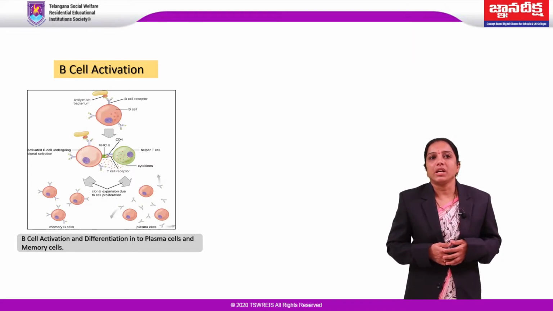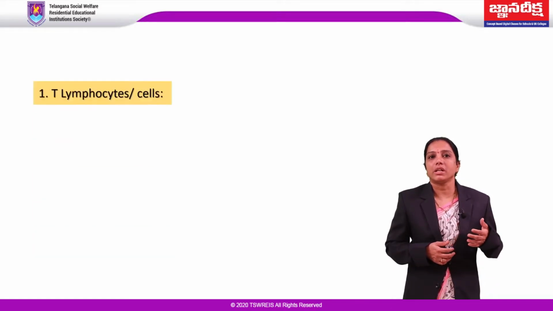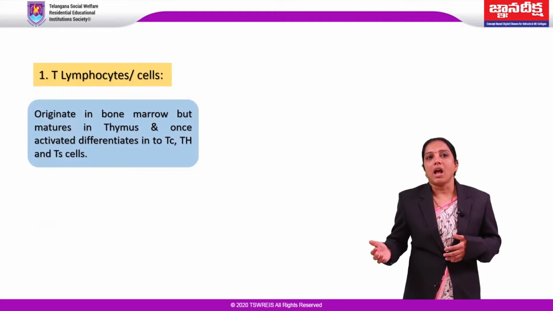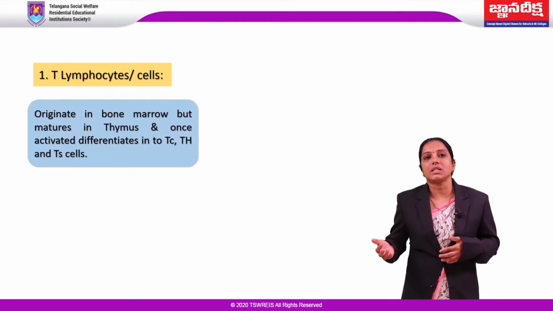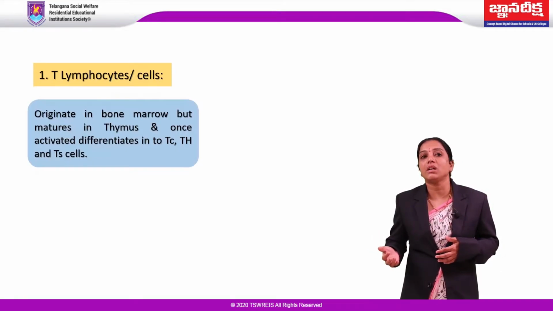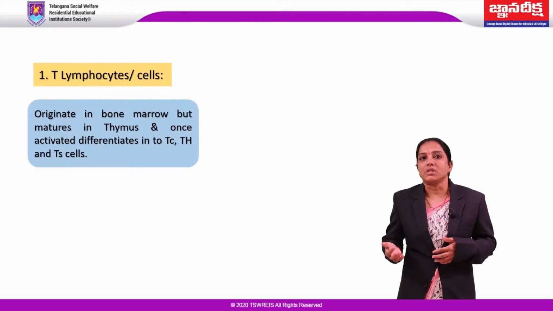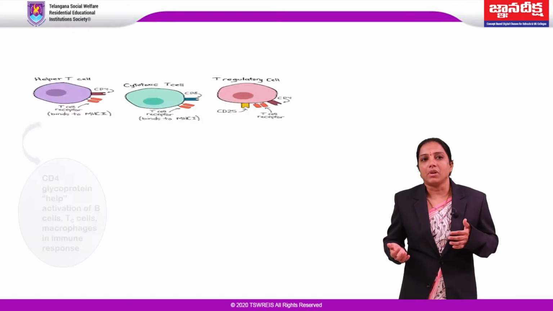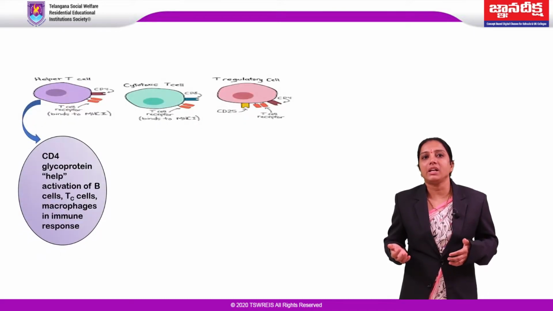And the next is about T lymphocytes. They also originate in the bone marrow, but the difference is they migrate to the thymus and they activate and differentiate into T helper cells, T cytotoxic cells, and T suppressor cells. T suppressor cells are also called T regulatory cells because they control the immune response. And T helper cells mainly produce some cytokines which are needed for the B cell activation, and they have